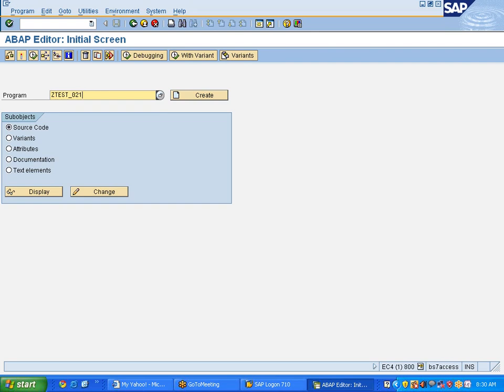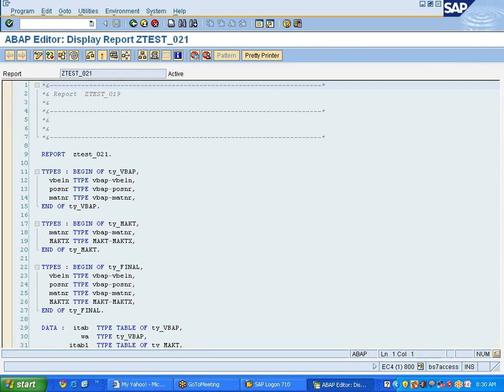So just a brief on what we were discussing in the previous classes. We are trying to link two tables. When you are trying to link two tables, there are two ways. First one is inner join, second one is FOR ALL ENTRIES. Before going to the inner joins and FOR ALL ENTRIES, if you want to link two tables, you are going